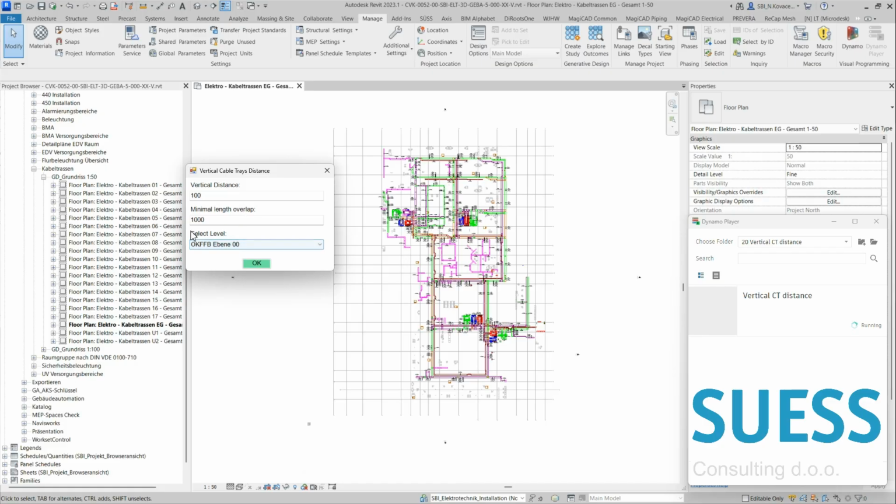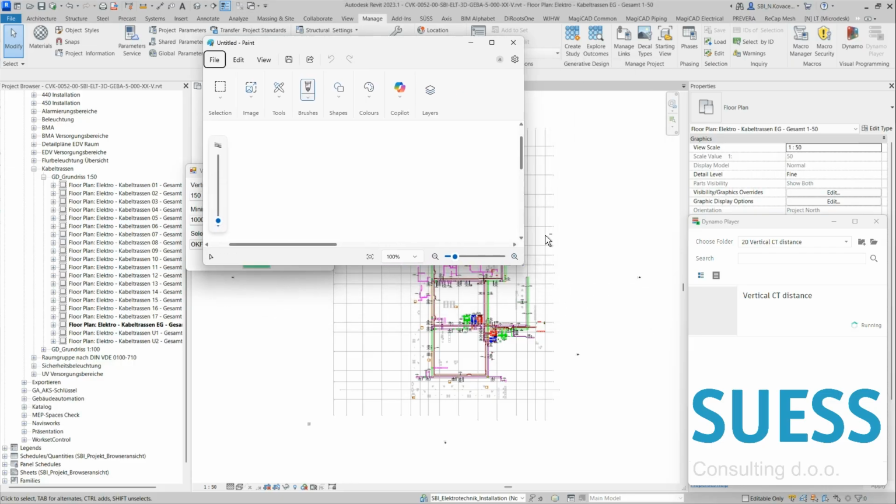This is actually version 2 of this script, because we did have a lot of problems since we didn't previously check the length of the overlap of the elements. I will explain that. And the third thing is the vertical distance that you want to check. Usually, if you're just starting with a project, you would probably like to check if you have any distances, and let's go straight away